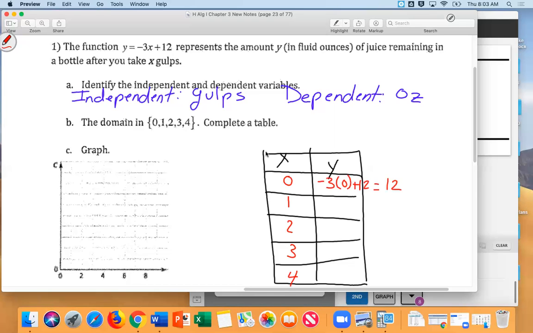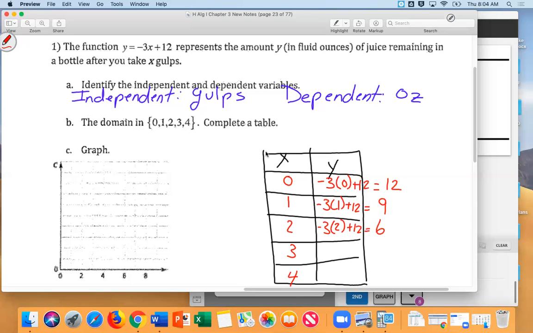Then I'm going to do -3 times 1 plus 12. And that gives me 9. Then I do for 2, -3 times 2 plus 12. That gives me 6. And then, if you're on your A game,